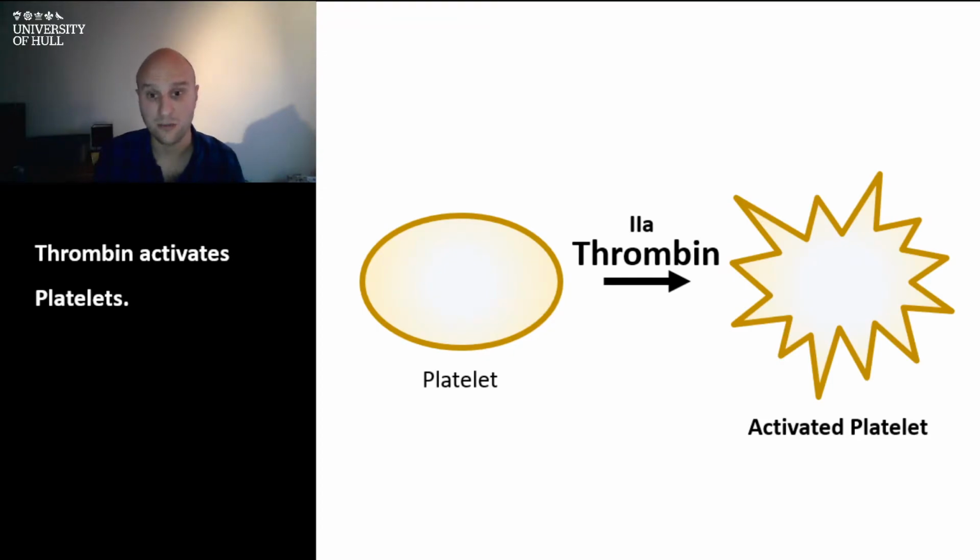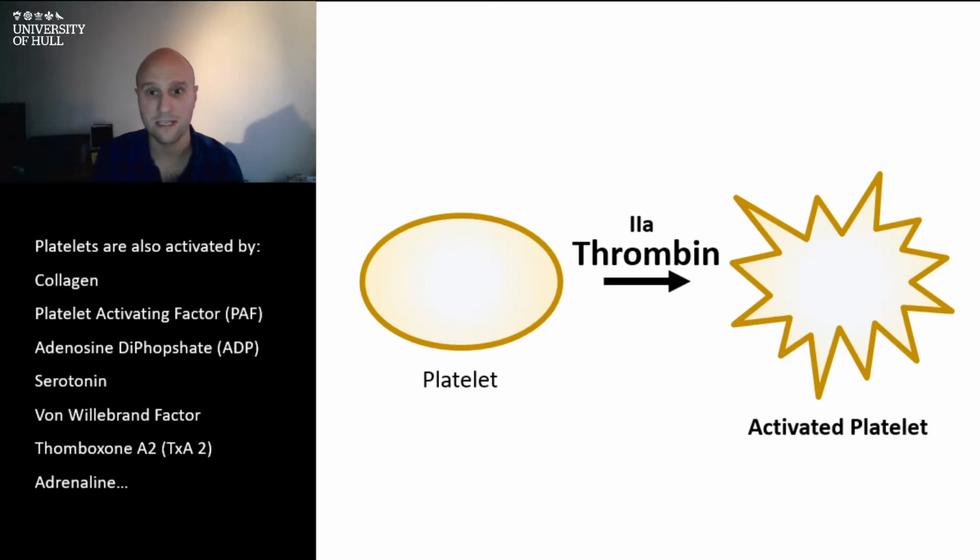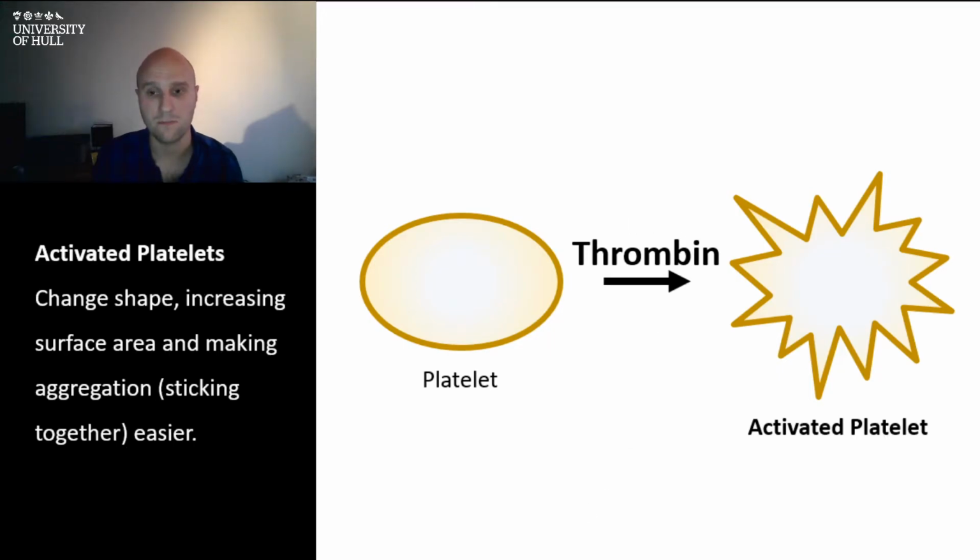And one of the actions of thrombin is to activate platelets. So it takes this inactive platelet and turns it into the active form, this spiky version of a platelet that does loads of stuff. There are other substances that will activate platelets, and there's a few of them here, but thrombin is